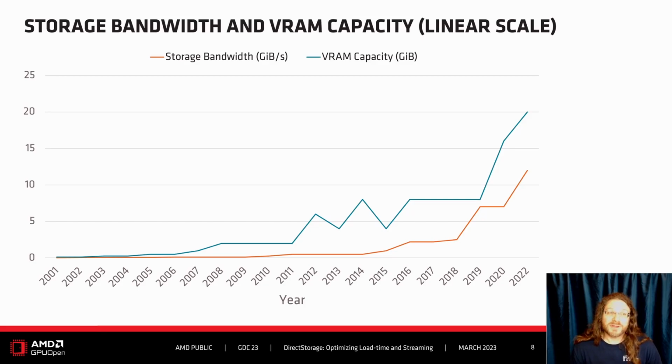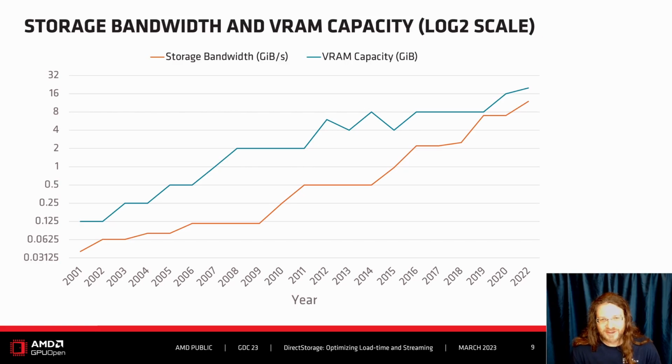Here's a chart of the storage bandwidth and VRAM capacity on a linear scale. It's important to note that they've been increasing at a very similar rate. However, it's probably more important to see that the ratio between these two is what actually enables better performance, and that's easier to see on a log scale. In orange, we have the storage bandwidth in gigabytes per second, and in blue, we have the VRAM capacity, and as the ratio of those two decreases, of course, the load time decreases as well, and that's where we want to be. So in 2019, we were near sub 1 second load times. In 2022, we're looking at about near 2 second load times.